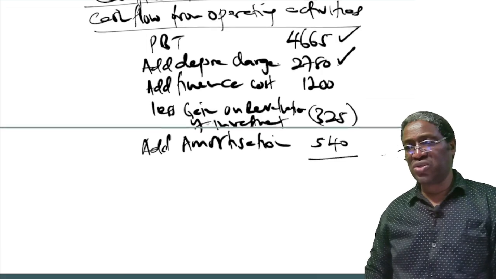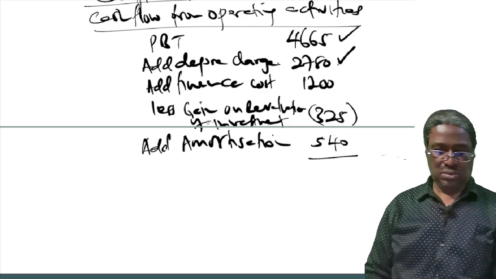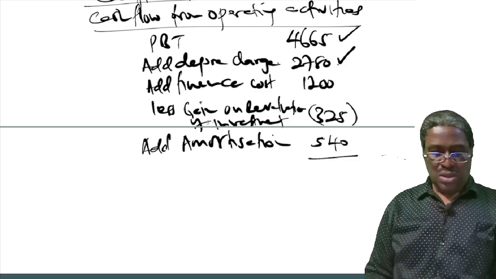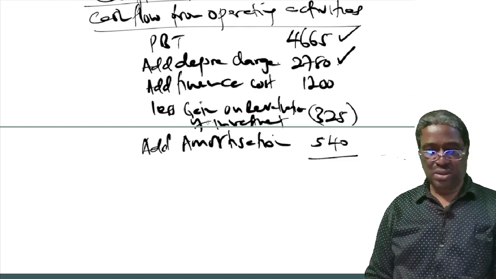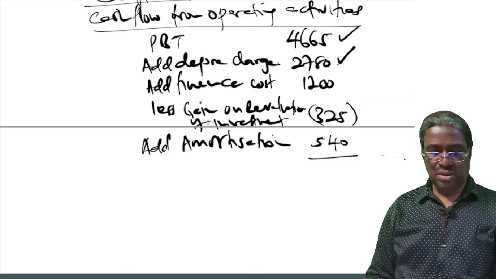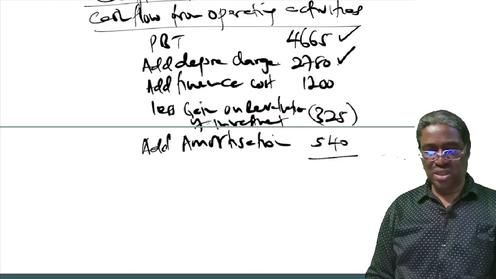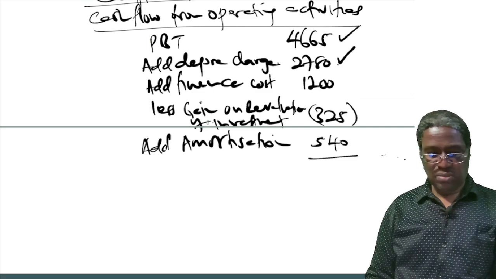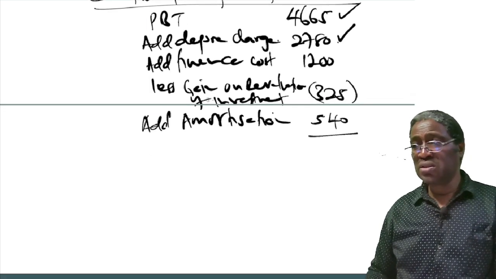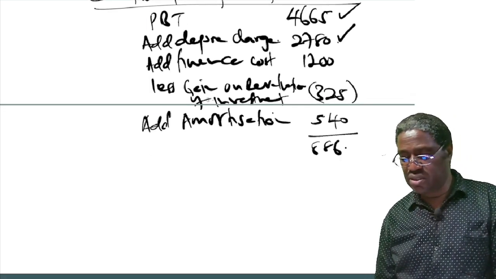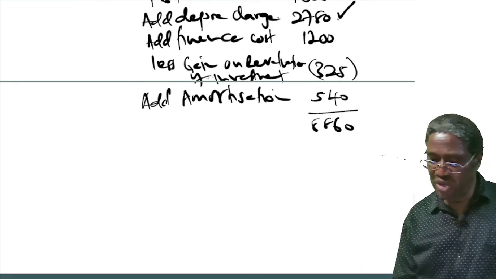What we do, we get the totals. This is 4665 plus 2780 plus 1200 minus 325 plus 540. Hope you are getting the same as mine. I'm getting 8860. 8860. And that's what we normally call cash flow